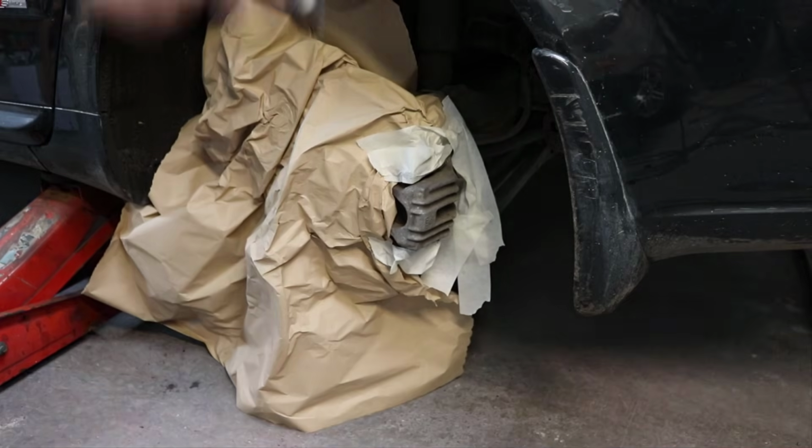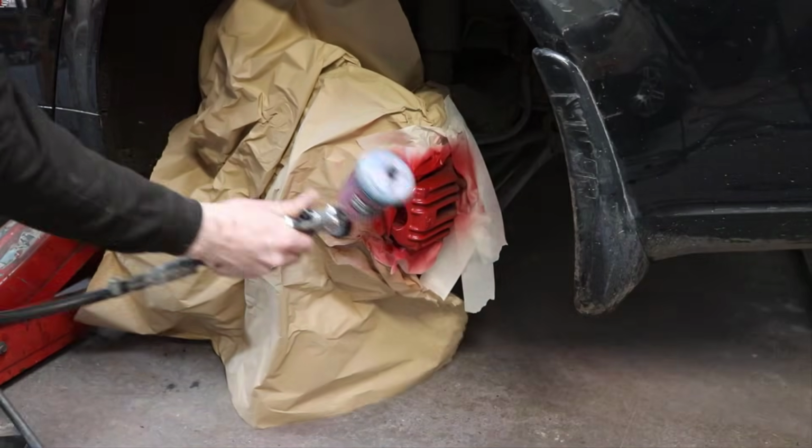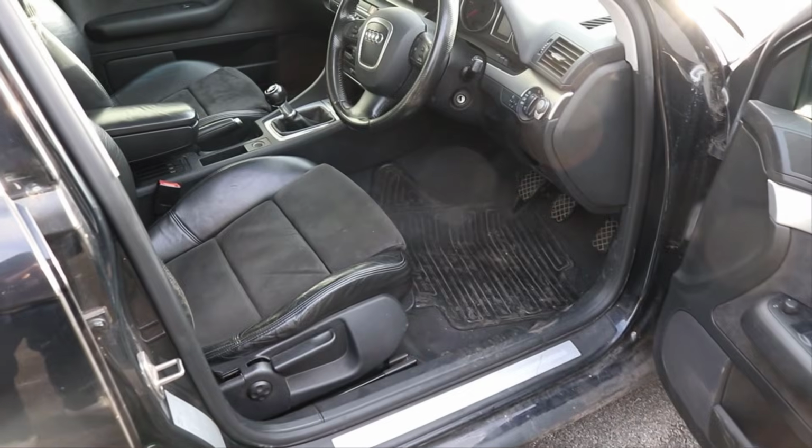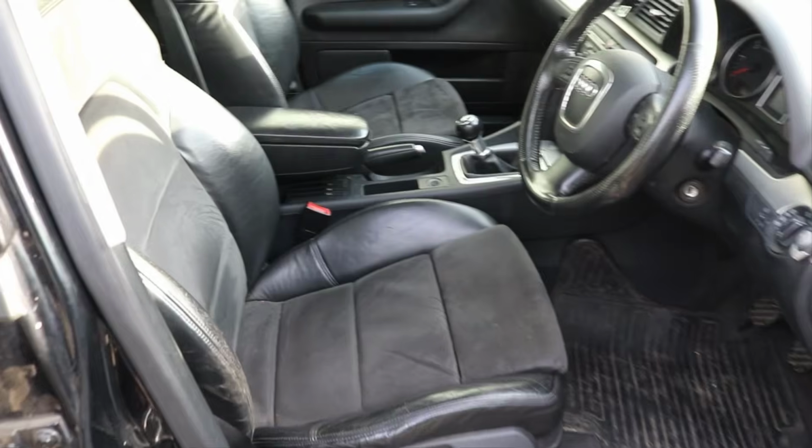I went ahead and removed all the other wheels and did the same process with the calipers in red and fitted the new wheels, and now we are getting very close to putting this car for sale and making some profit. Now it's down to the very last job on the list, and the one I hate the most, the